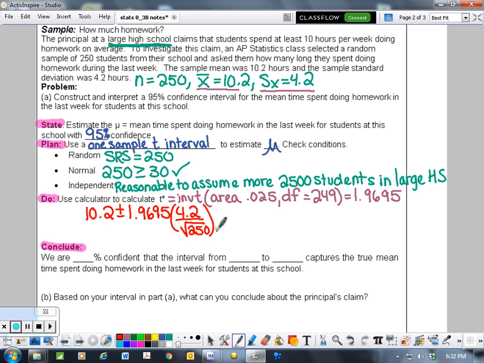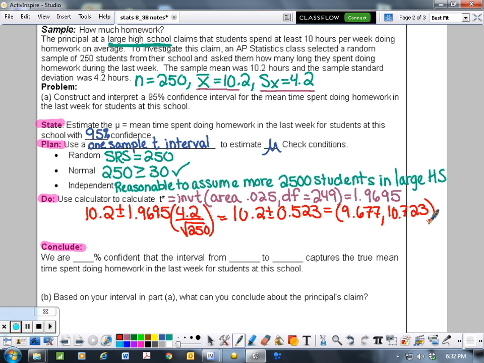So we're going to go ahead and calculate this. I'm going to take that 1.9695, times it by 4.2, and then divide by the square root of 250. And I get 10.2 plus or minus 0.523. I'm going to take that 10.2 and subtract 0.523, which gives me a lower bound of 9.677. And then I'm going to take that 10.2 and add 0.523, and that gives me my upper bound, 10.723,